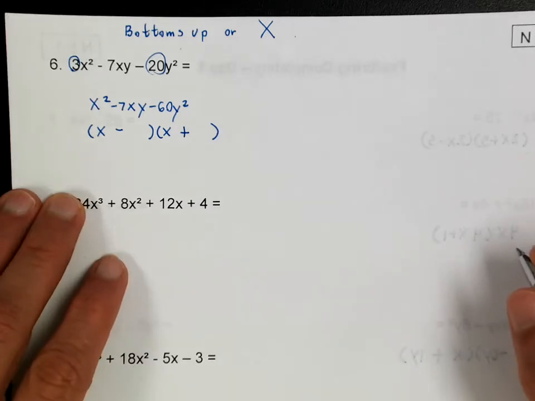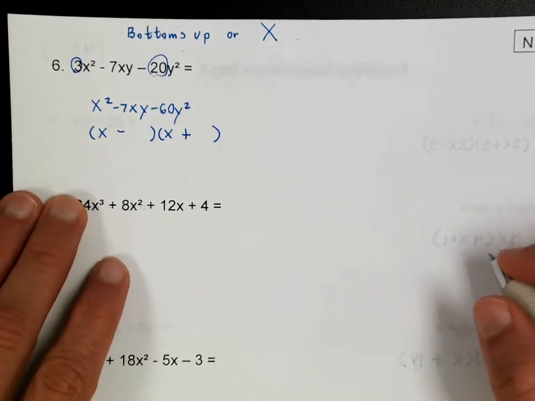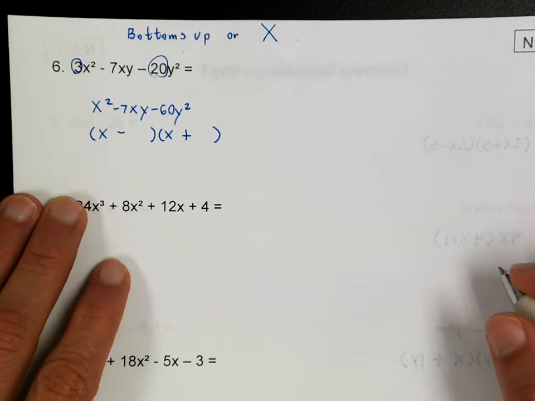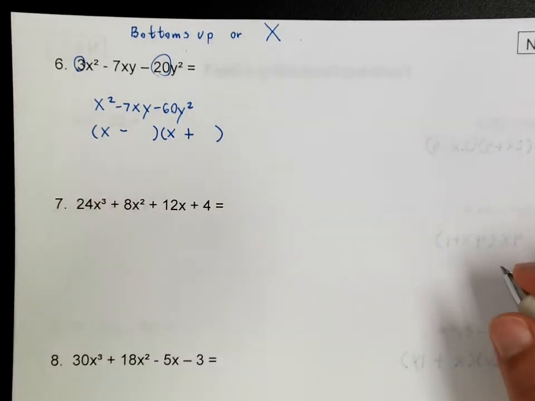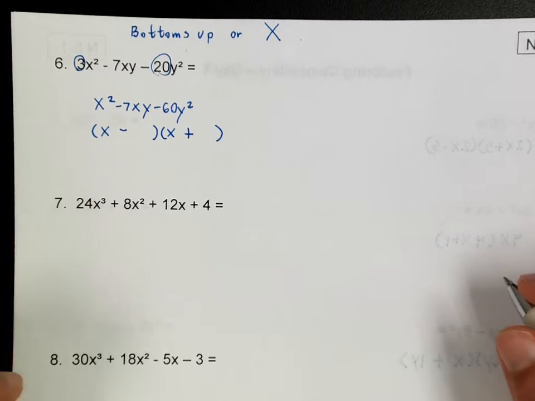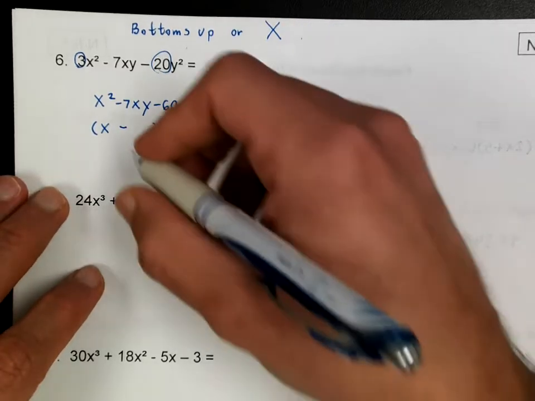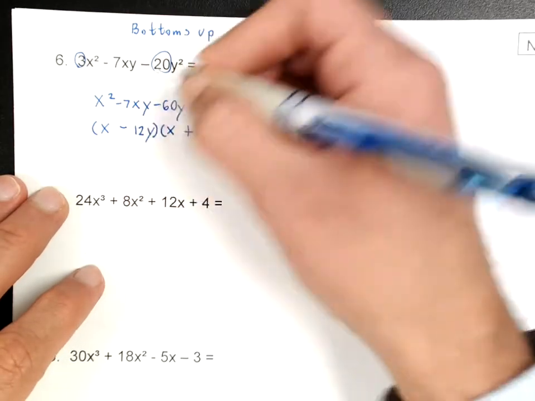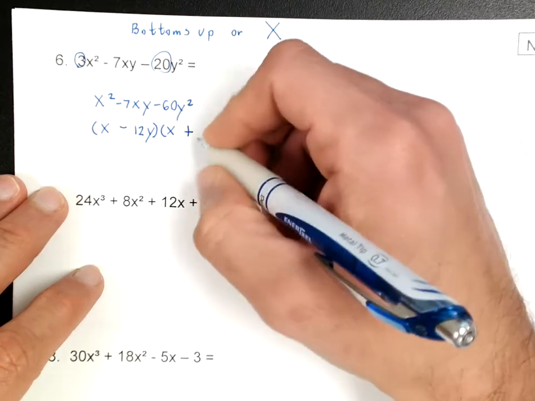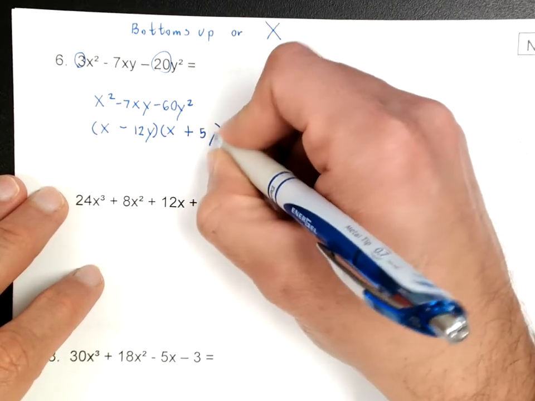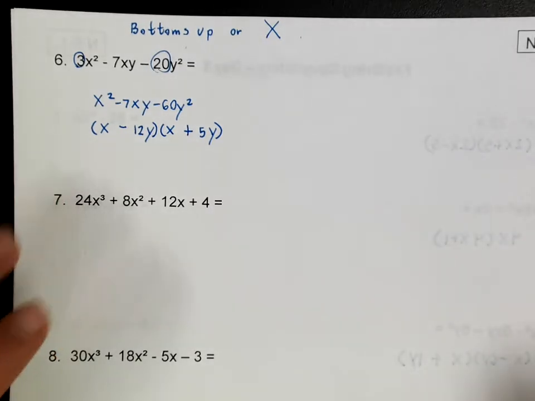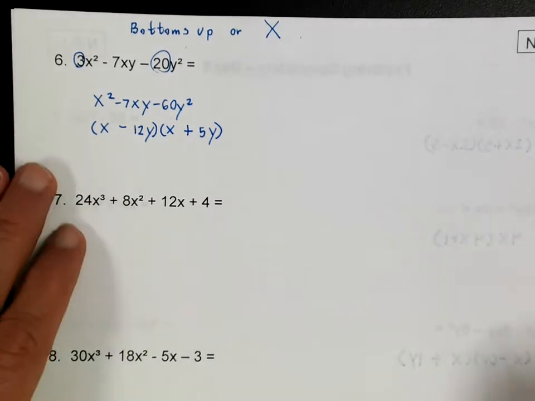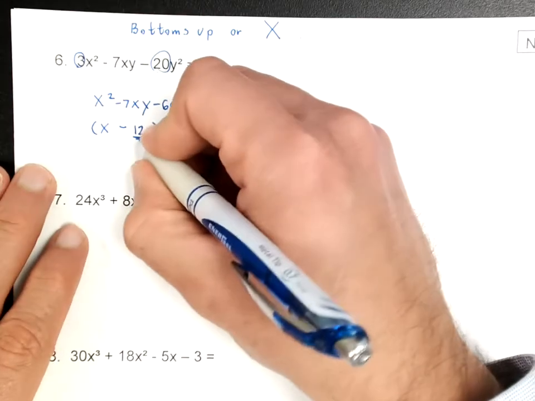And then what you're going to do after that is try to find factors of 60, one positive, one negative, so therefore they're going to subtract, factors of 60 whose difference is 7. In this case that would be 12y, because we have a y term here, and 5. Alright, so after you do that, on bottoms up, the thing that every kid always forgets is that after you find your factors, you need to divide each factor